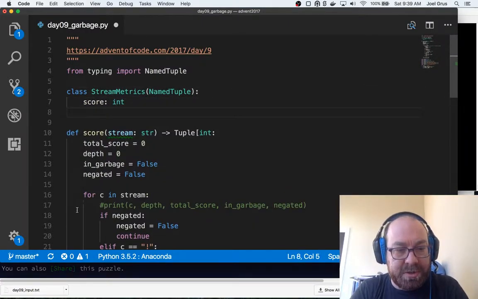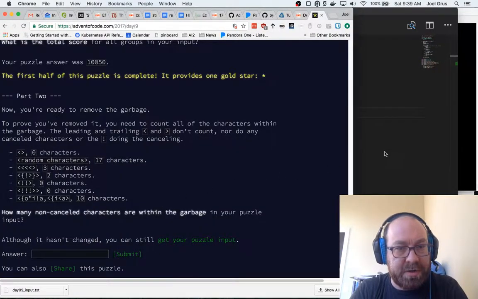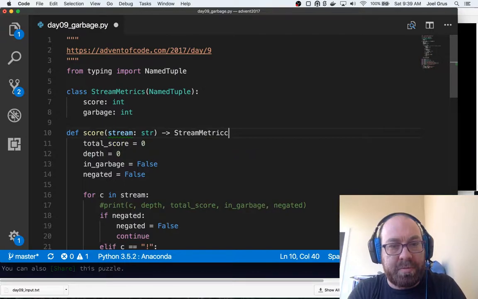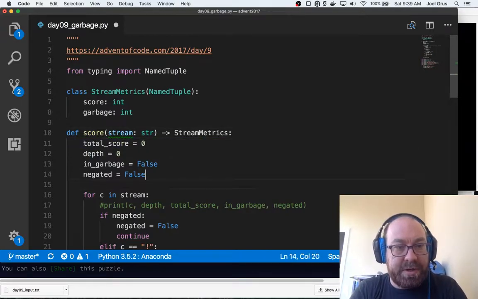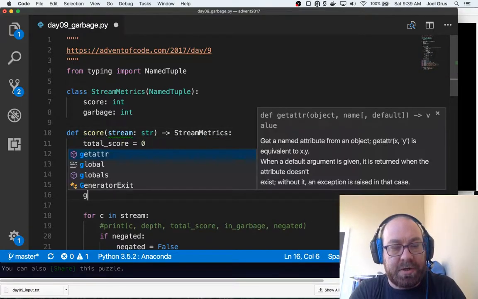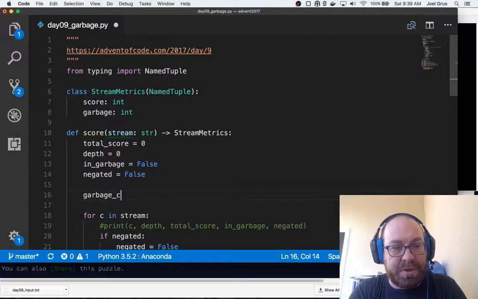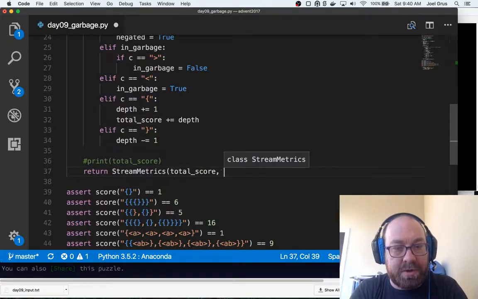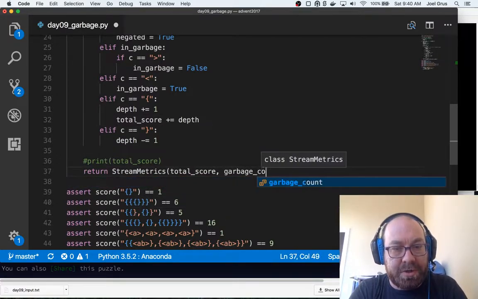Score is an int, and what do we call this? Garbage count. Garbage is an int. So this will return StreamMetrics, and let's just say garbage count equals 0. And now at the end, I will return StreamMetrics, total score, garbage count.